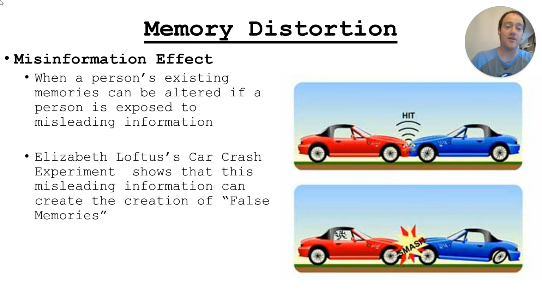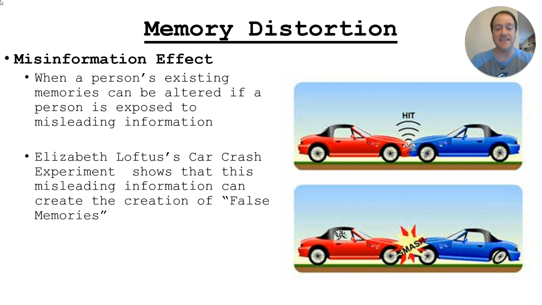Okay, this is one of the more interesting things we talk about. This is something called the misinformation effect. This is what causes us to remember things falsely. It's not like you're trying to remember them falsely, but something can cause you to remember things different from how they actually occurred. So Elizabeth Loftus is actually a psychologist and a lawyer. She's a professor of psychology and law at, I think, Stanford, but don't quote me on that.